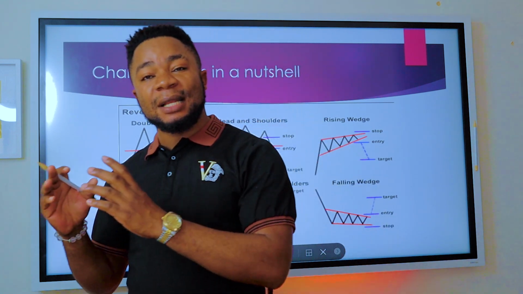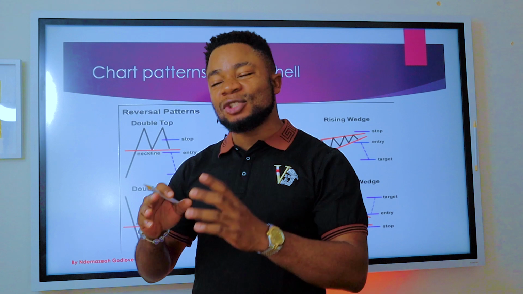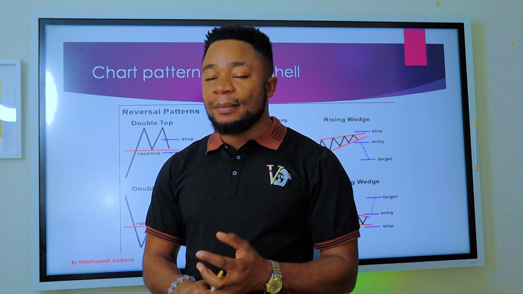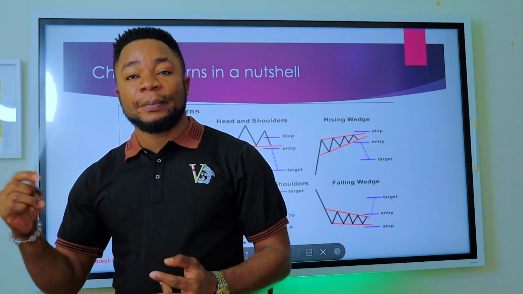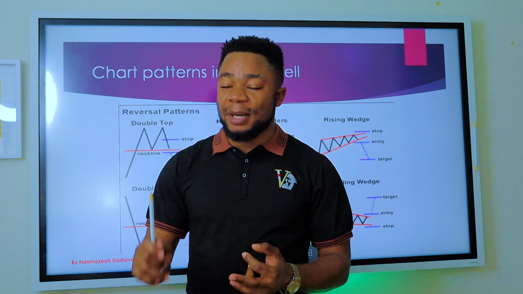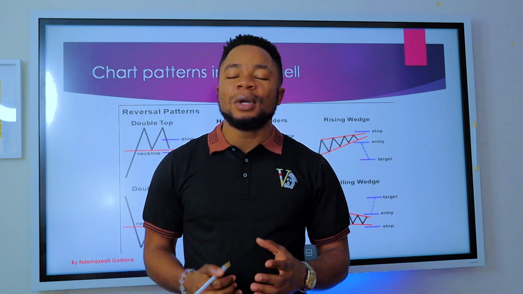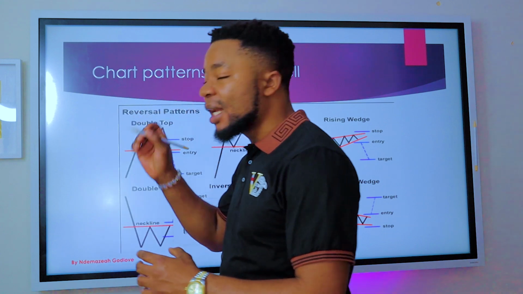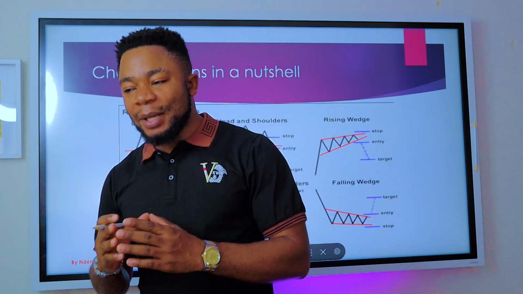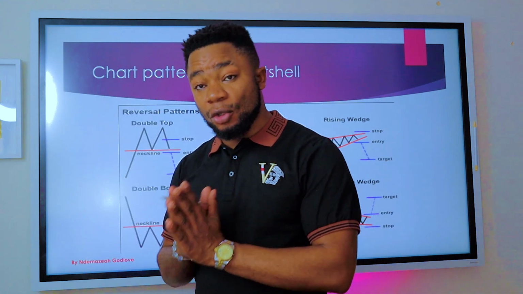It is based on either the buy pressure or selling pressure. It is based on demand and supply. So if the demand of that particular currency is high, the price will be going up. If the demand is low, the price will be going down. If the supply is high and the demand is low, the price goes down. So every action that you are seeing, the market going up and down, is either based on supply